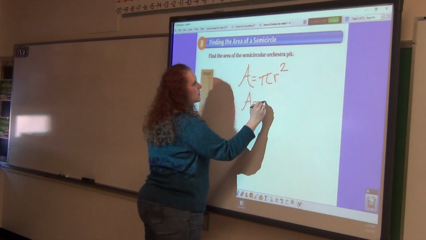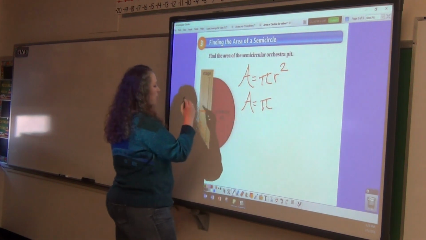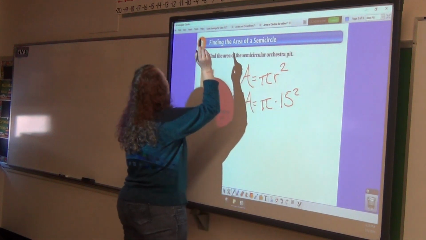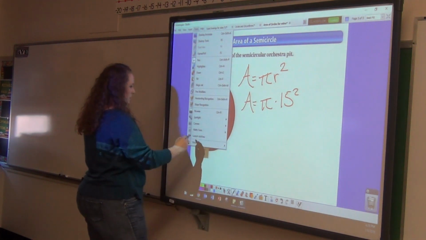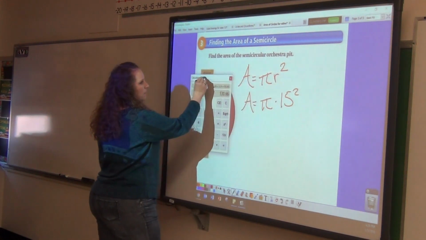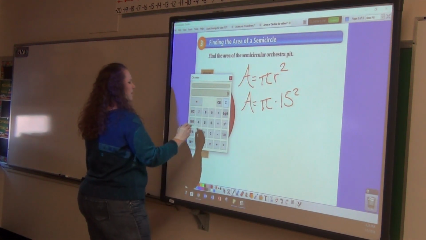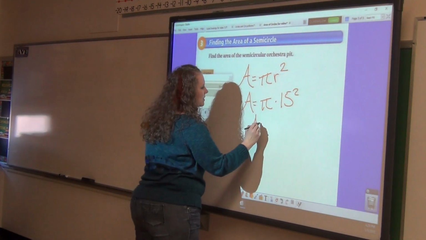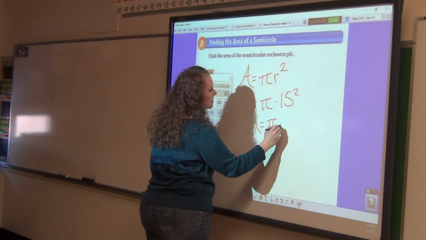So area equals pi r squared, and r is 15, times 15 squared. Okay, so 15 squared is 225, right? Yes. Okay, so area equals pi times